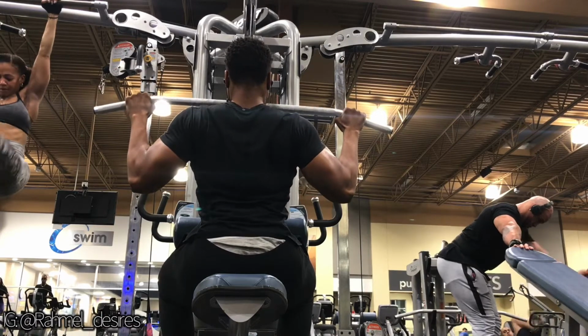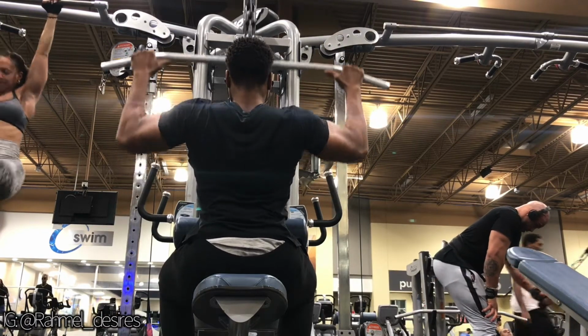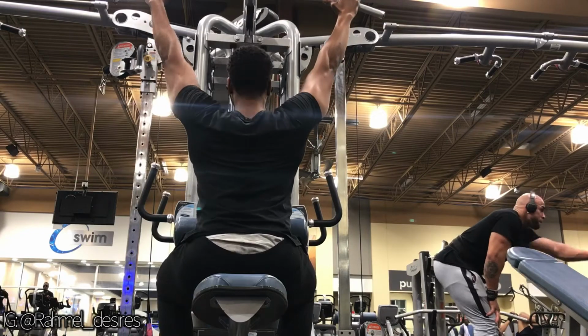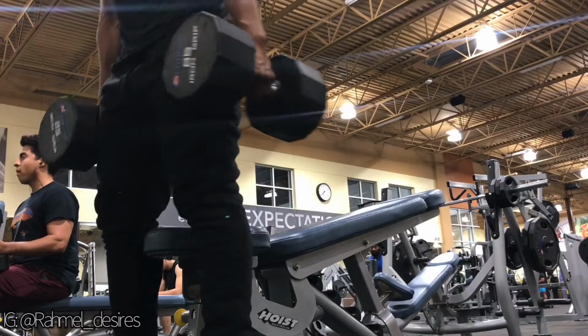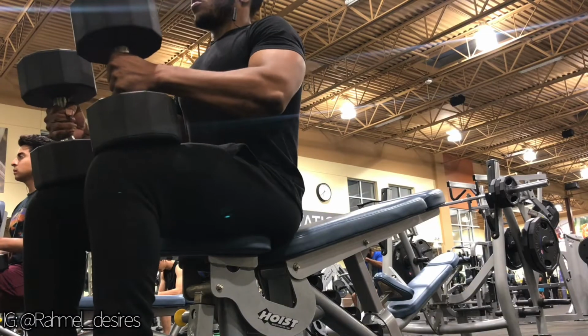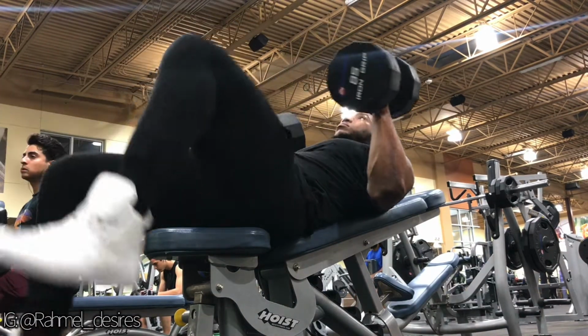But look at the tempo that I'm using. As I come down, I pause and slowly release. Now this is gonna keep tension on my back throughout the duration of the movement. And also you want to make sure that you're lifting a weight that you can stick to the proper form. You don't want to lift weights that's too heavy and then you're overcompensating, you're moving around a lot,